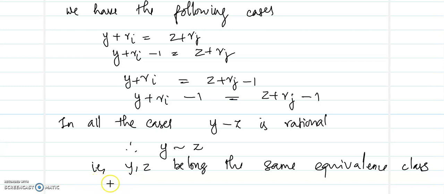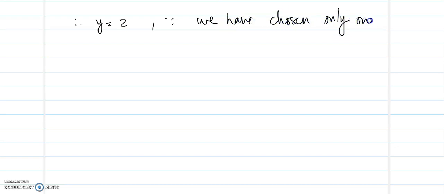When we defined P, we chose only one element from each equivalence class. So since we have chosen only one element from each class, y must be equal to z. So we have y related to z, and since it is an equivalence relation, y must be